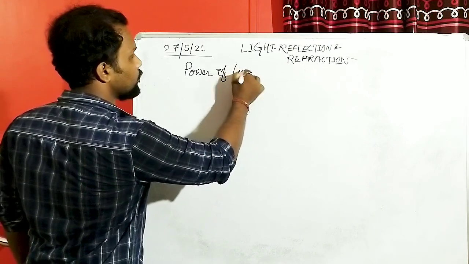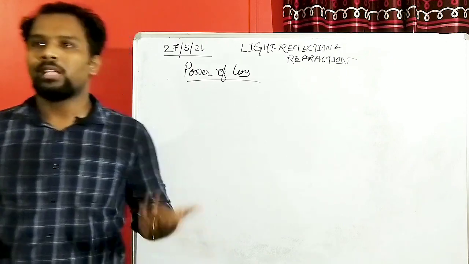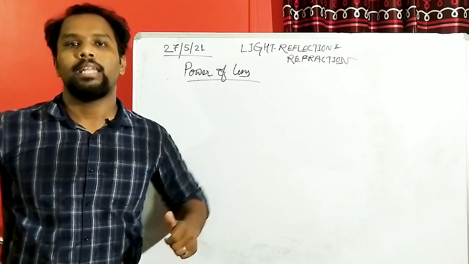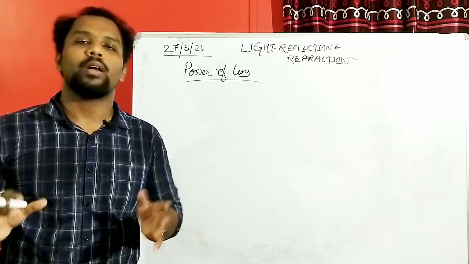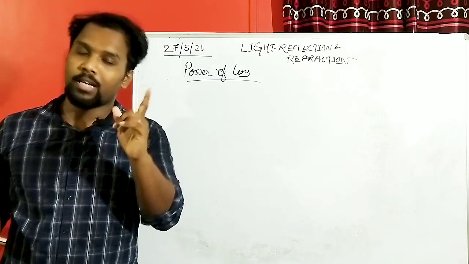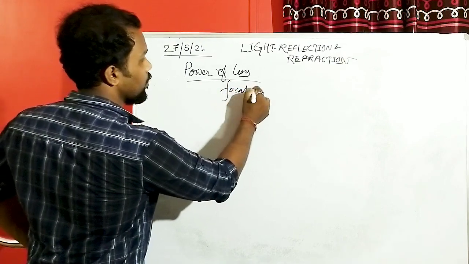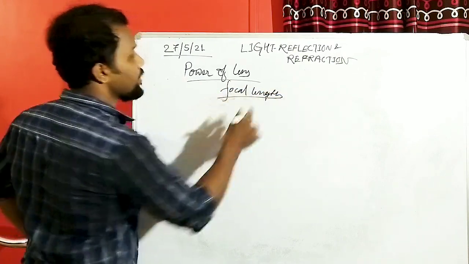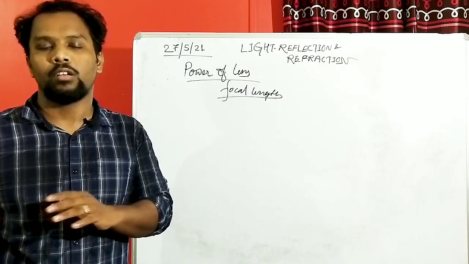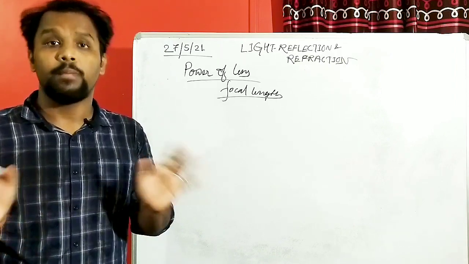Power of a lens. Till now we have understood that, depending on the lenses, the converging nature and the diverging nature are quite different. And that difference actually comes from one particular factor, that is nothing but the focal length. It is the focal length which makes the lens more converging or less converging, with a higher or lesser amount of divergence. It depends on the focal length.